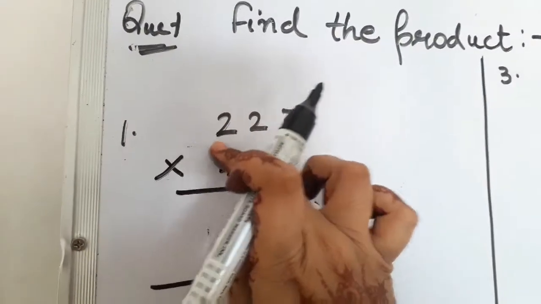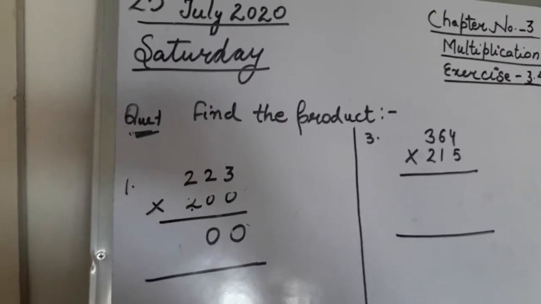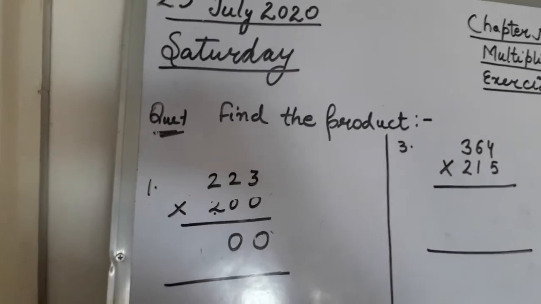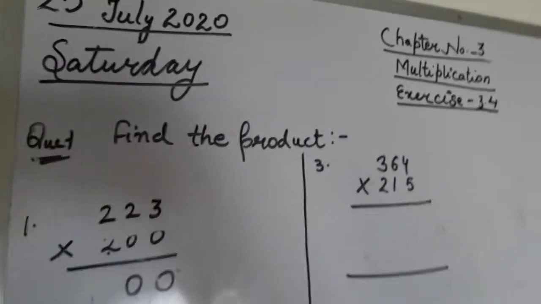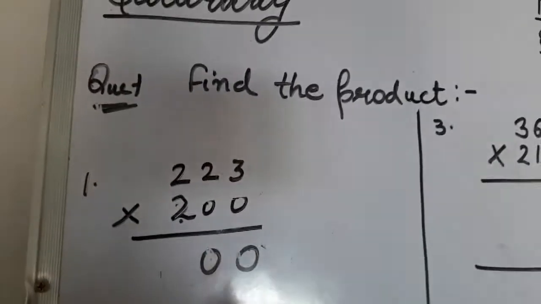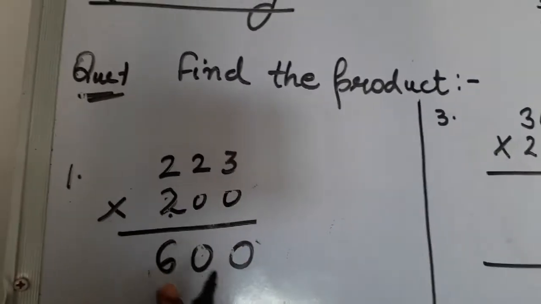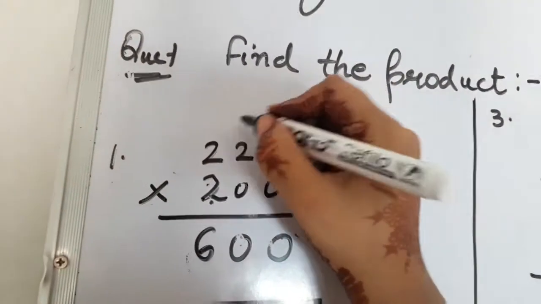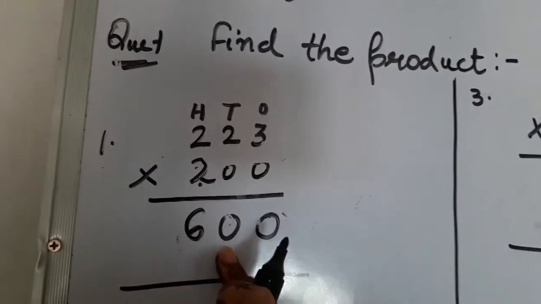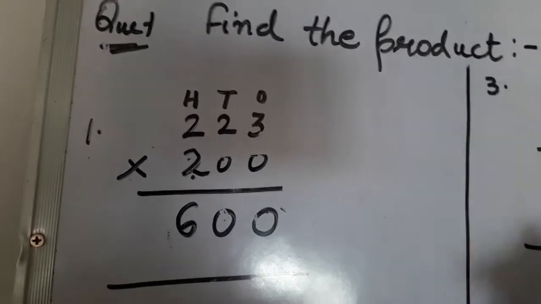multiply this 2 with these 3 digits. As you can see, after multiplying by 2 digits, now your question comes in the 3 digit. Now, how will you do the multiplication? Now 2 is multiplied by all these 3 places. So multiply it. 2 3s are 6. Write 6 at the 100 place. Everybody knows this is the ones, this is tens, and this is 100 place. These two zeros you will put at the ones and the tens place only. Don't write them at the right of your notebook.